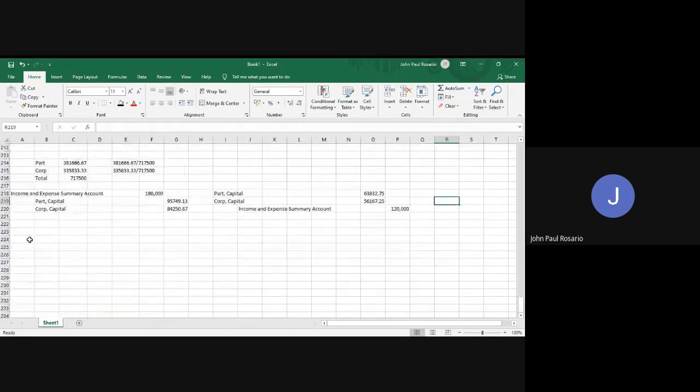For example, with interest and salaries, our assumption is 10% interest on the beginning capital